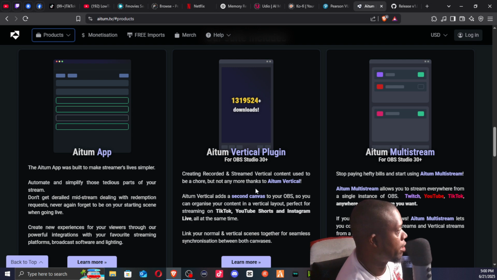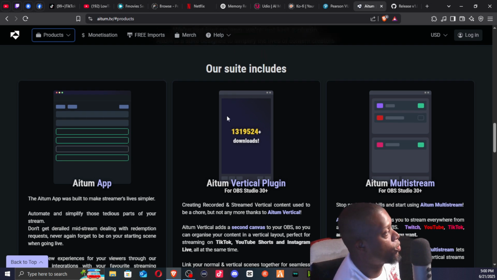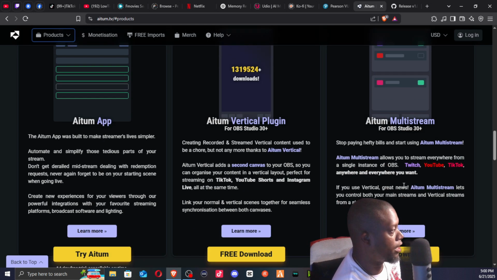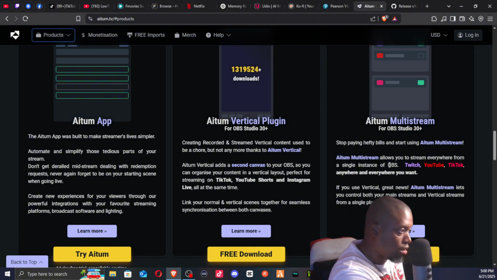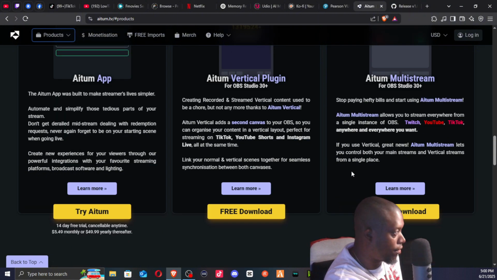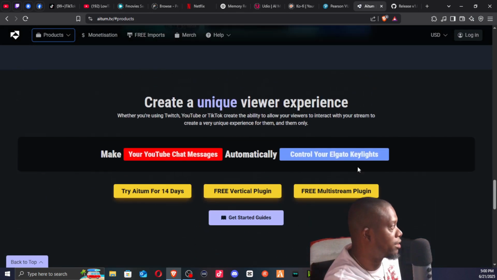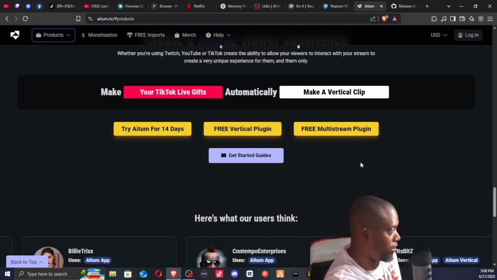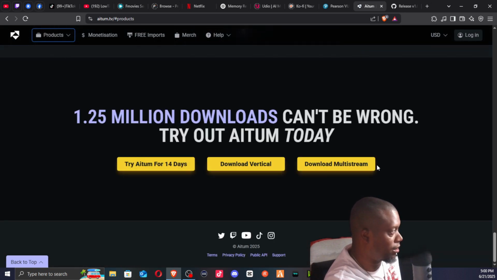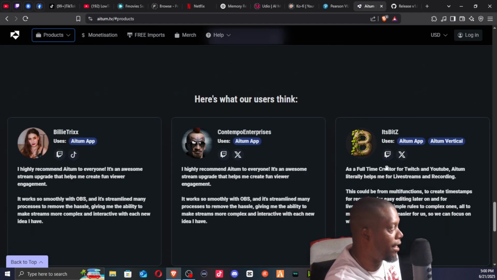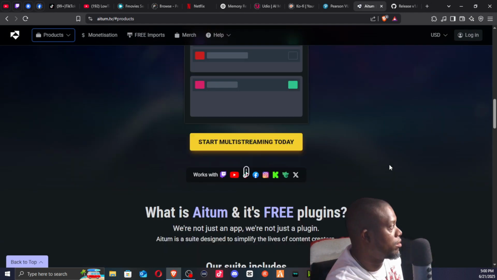So they have this plugin, right, for vertical. You need the vertical one, and then you also need the multi-stream one. Download both of them, and then have them do what you gotta do. Install it, everything. I thought they would have a chat. They don't have a chat. That sucks. That's what I thought was gonna happen. So, damn. All right, so